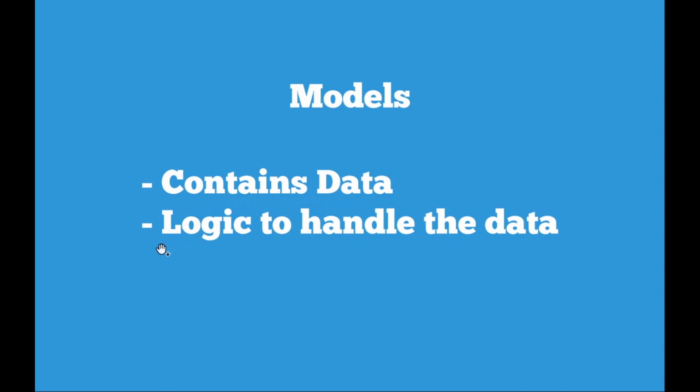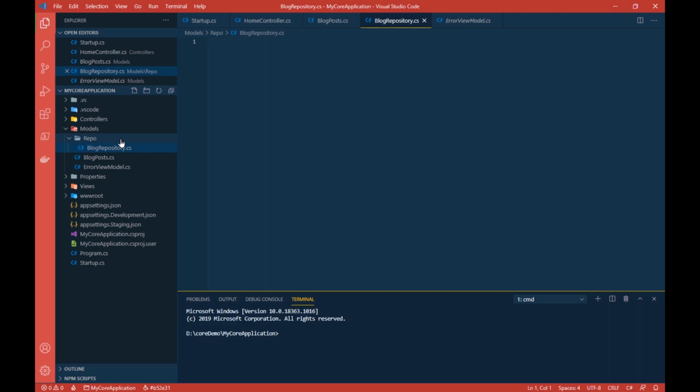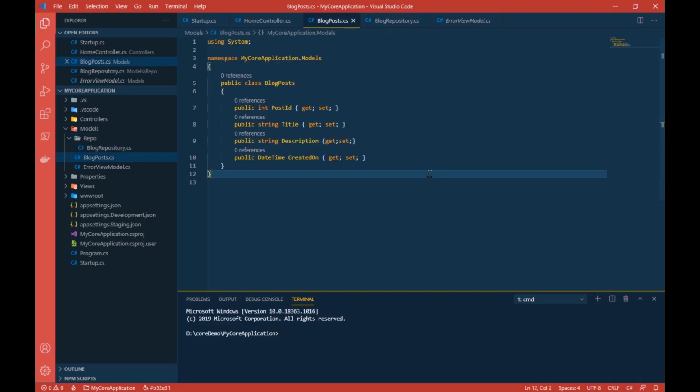Now let's go ahead and make a class that handles logic related to our data. Inside our Models, I'll create one folder and name it Repo, and inside that Repo I'll create a file and call it BlogRepository.cs. Okay, now inside that, let me quickly copy this.